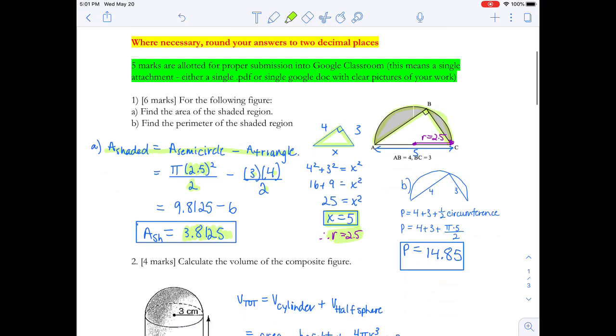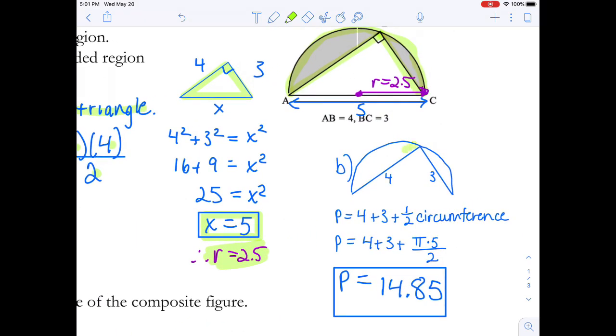Now, if I want to find the perimeter of the shaded region, I can just have a look here and I can see that my shaded region is here. So it's kind of like this semicircle, bounded by 2 sides of the triangle, which I know. So I know that the sides of the triangle are 4 and 3. So that's pretty easy, but I have to find half of the circumference of a circle. And I know that the formula for circumference of a circle is pi d. So I just sub that in here. I know my diameter is 5. I have to divide that by 2 because it's half the circumference of a circle. And when I add that all up, I get